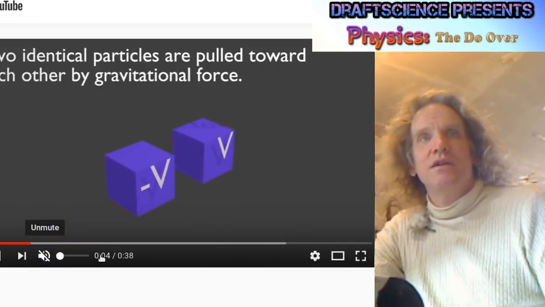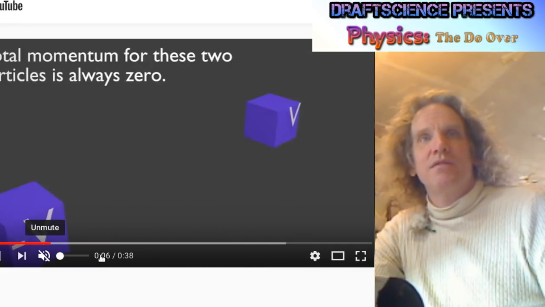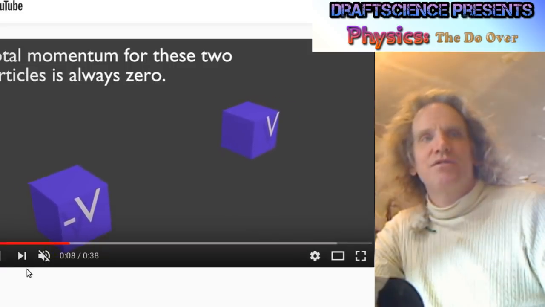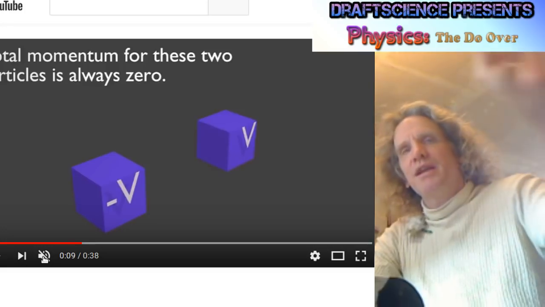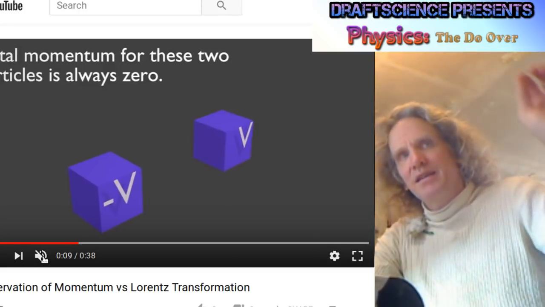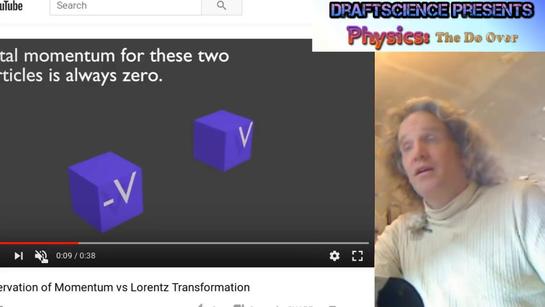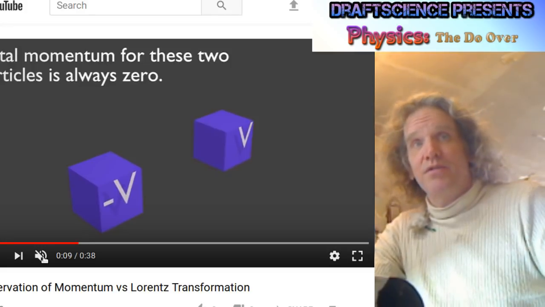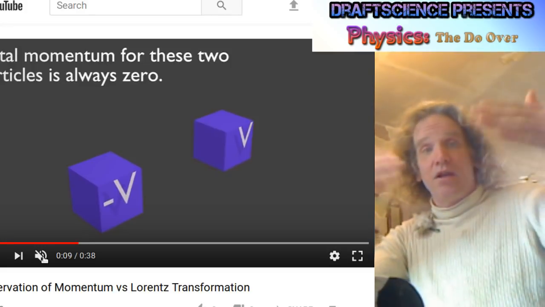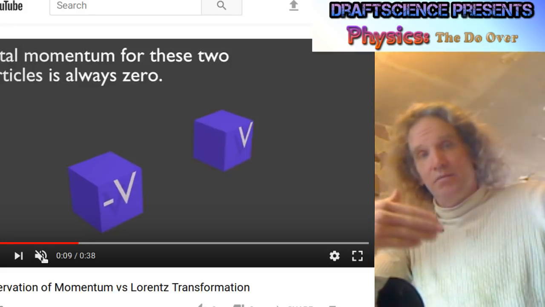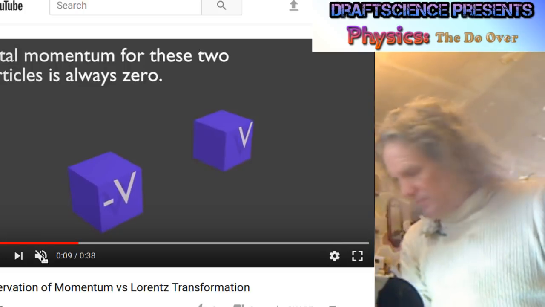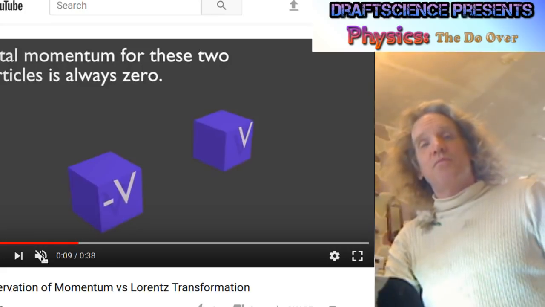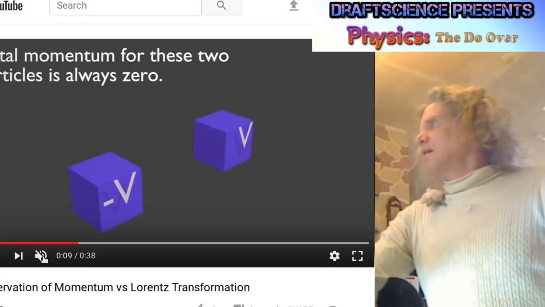Good. Two identical particles are propelled towards each other by gravitational force. See, right there, you're in trouble, right? There's no gravitational force. You have to explain the force. The force is part of the activity of the two particles. So if it's photons hitting electrons, we know that they're not going to move together smoothly like this. They're going to move together jerkily, because electrons don't move in straight lines. But anyway,